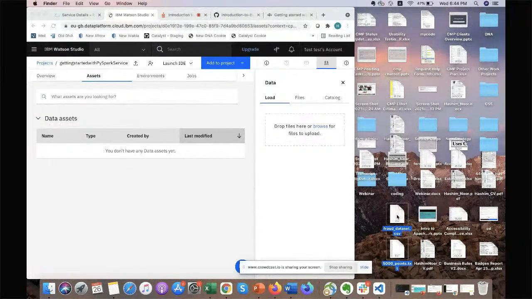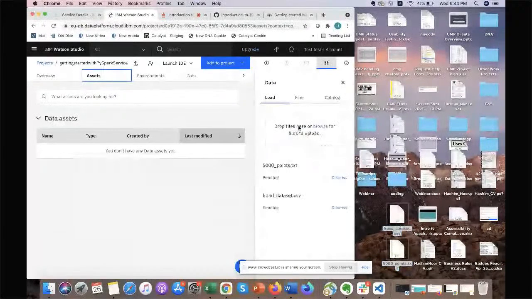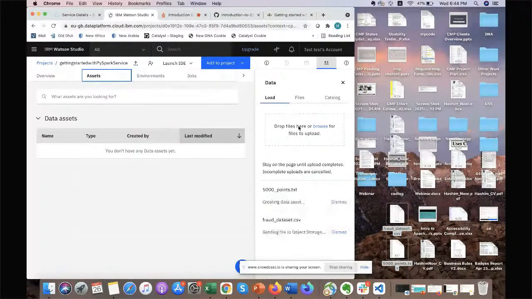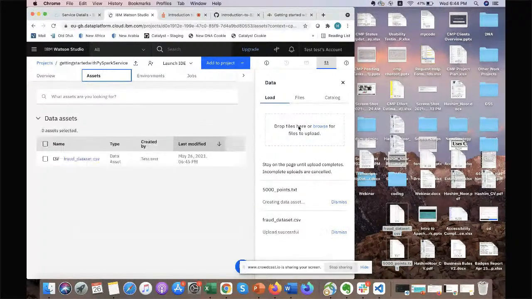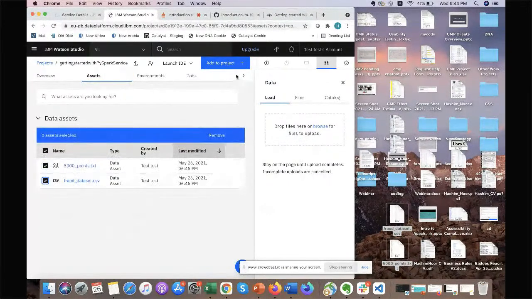We'll select these two data sets and drag and drop them over here, and just wait for them to load. It just takes a couple of minutes. And once you have loaded the data sets, you'll be able to see them over here. And once that's done, you can select them and